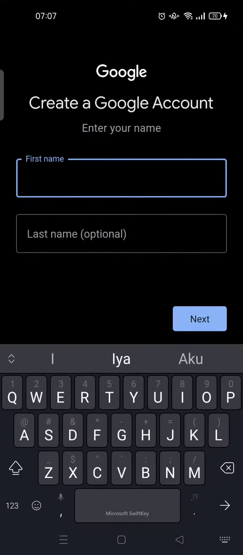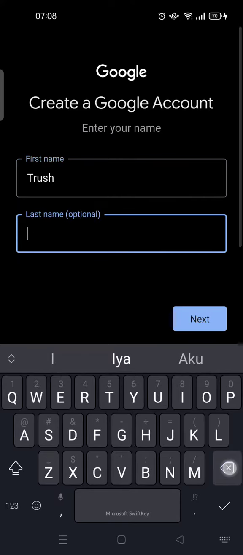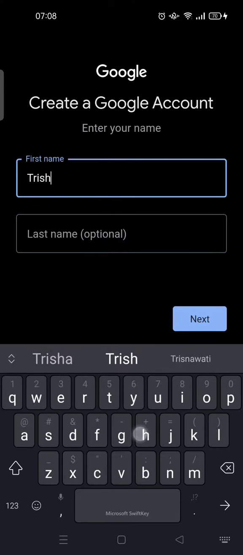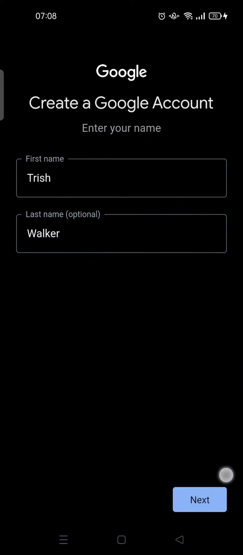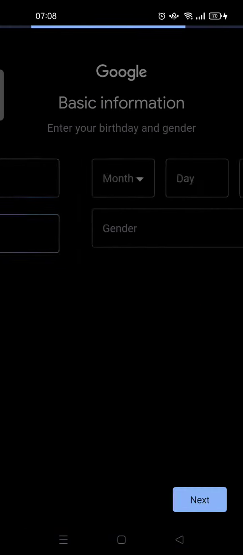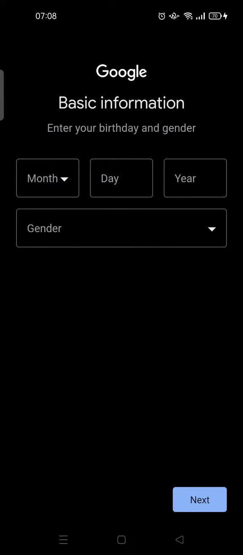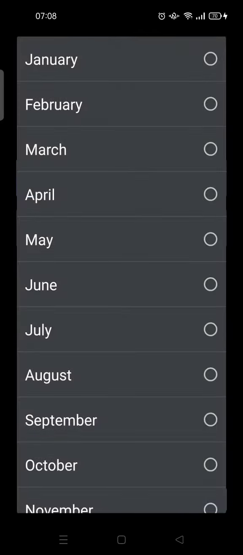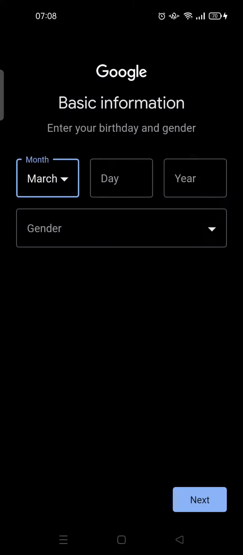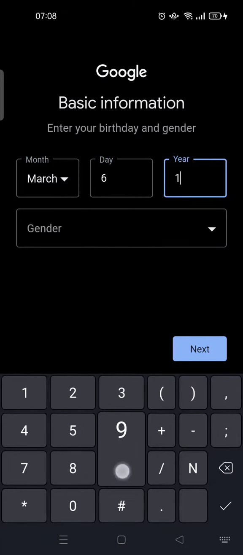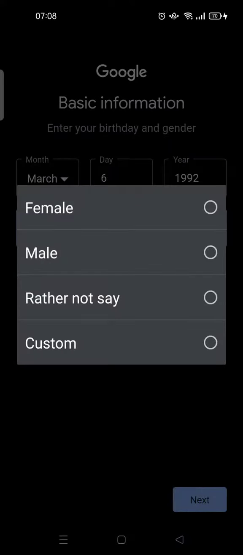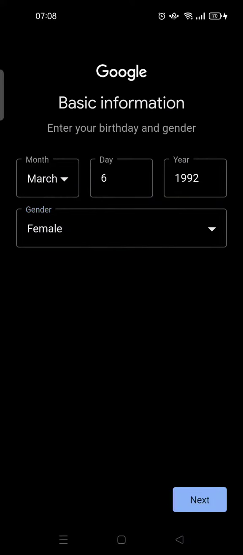Add your first name. Okay, this is just an example, and then click next. Choose your birthday and gender. Okay, click next,